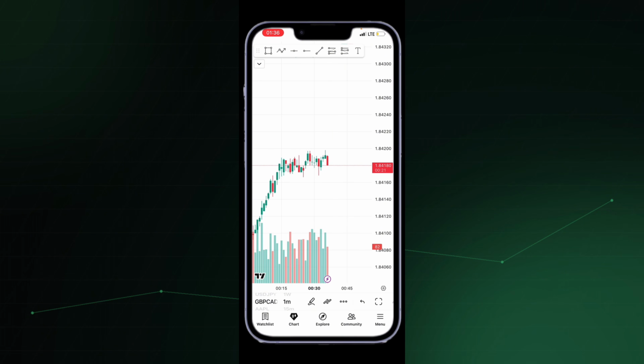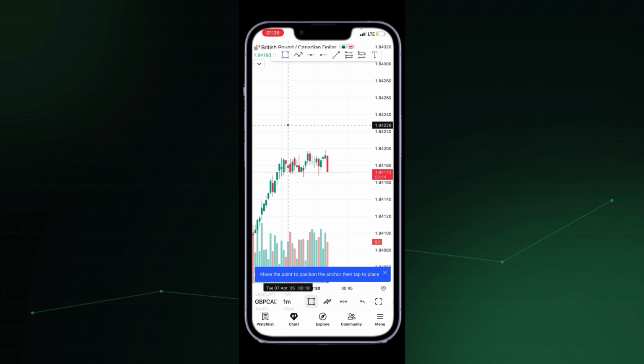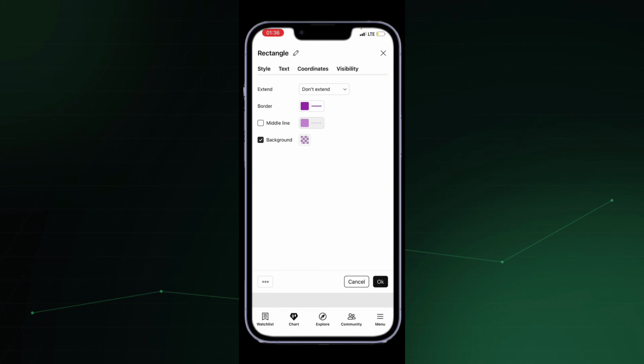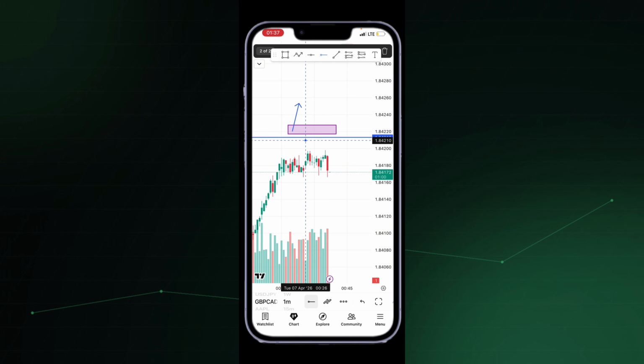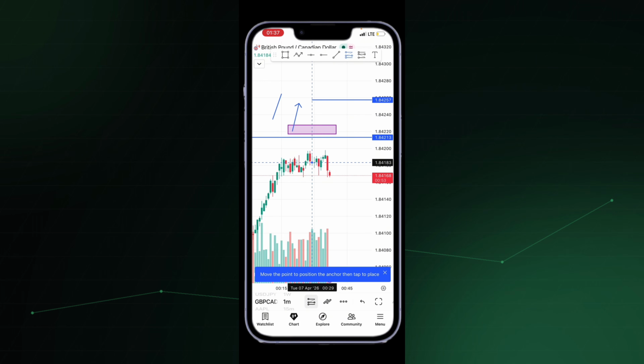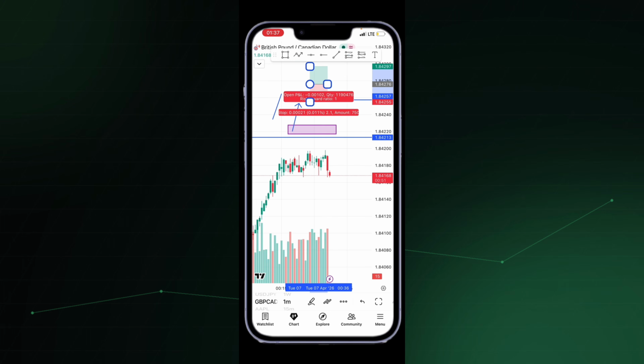Now we have the main apps that we need to start trading. So it is the rectangular tool, which is going to be very important. We have the path, which is important as well. And then we have the horizontal ray. So in this course, when you see me using any of these tools, remember how I add them and try and duplicate everything I use on these things. And then we have this as well. I'll still explain what this is.